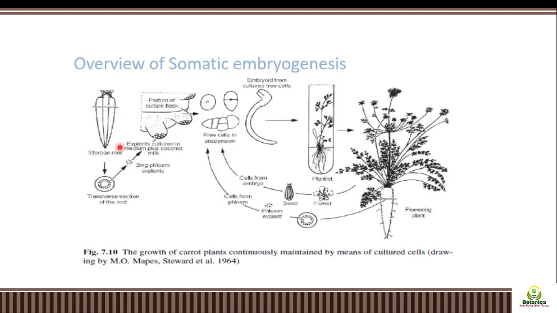of carrot, Daucus carota. This is the transverse section of the root, and from this section they isolated 2 milligram of explant. That 2 milligram of explant was from the vascular tissue, the phloem tissue, from which the food is transported. They isolated 2 milligram of phloem explant, and what they did, they cultured those